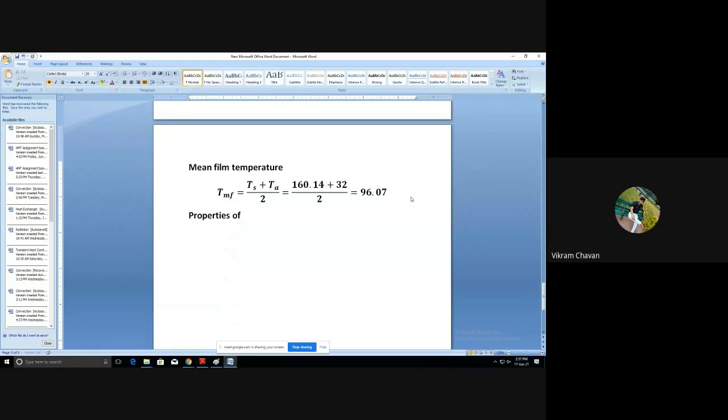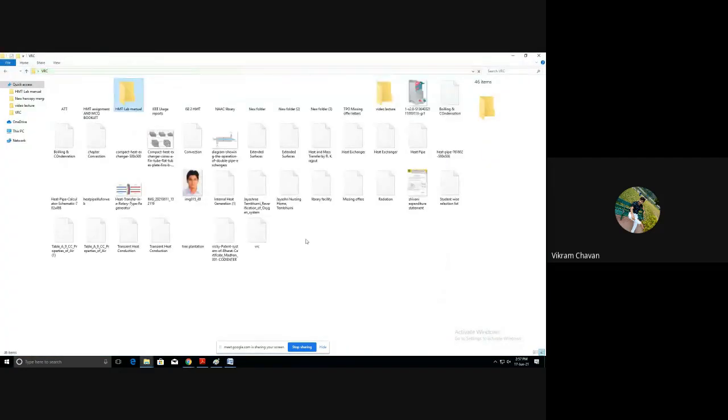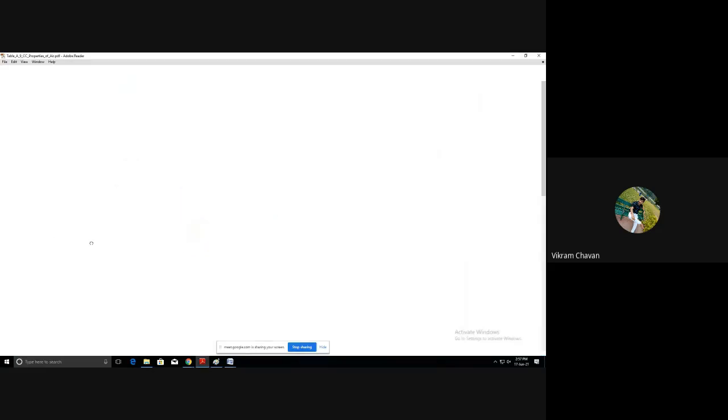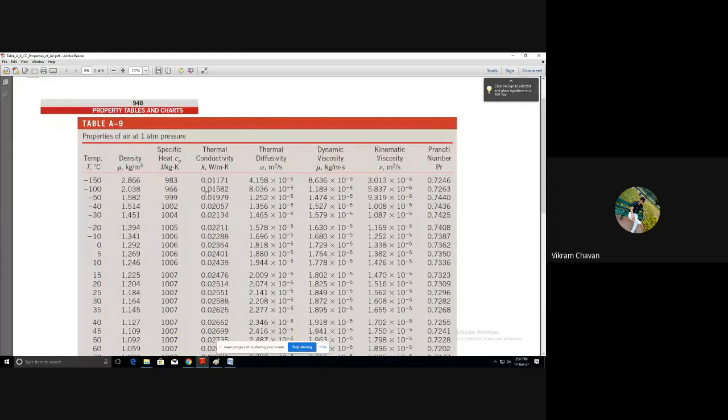Properties of air. Okay, and I have the properties table. Here is the property table chart. Okay, so this is the chart, and this property table chart is for